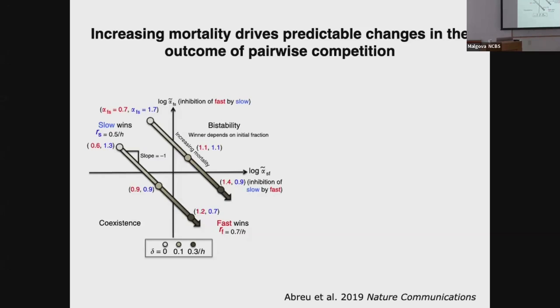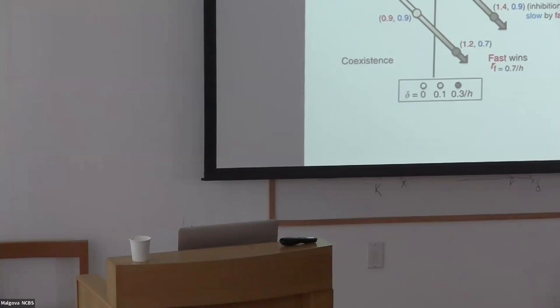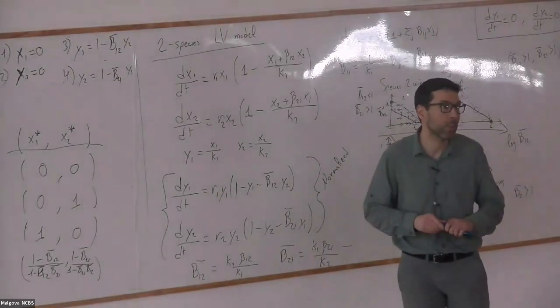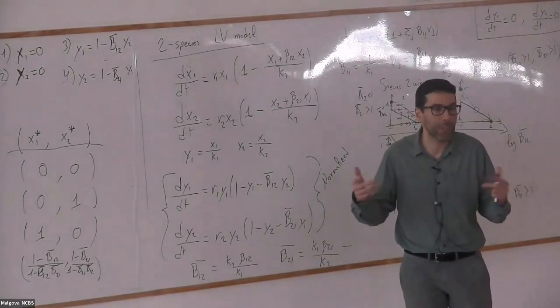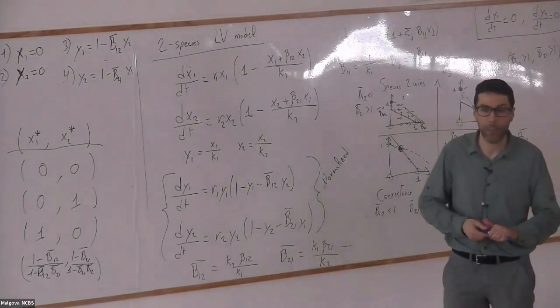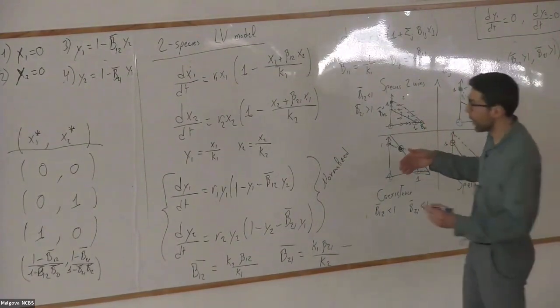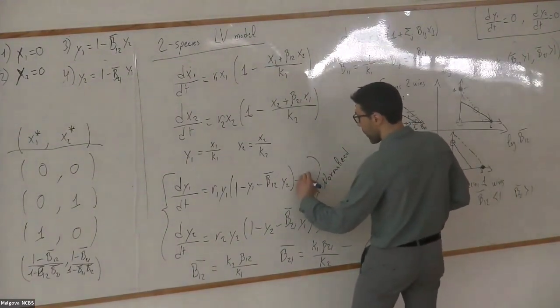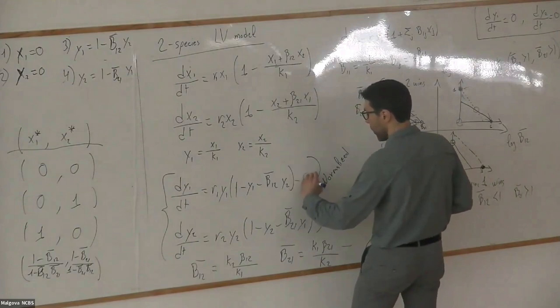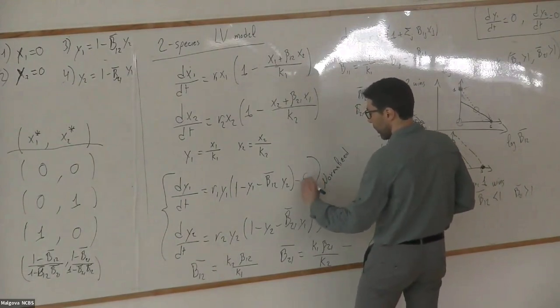So they modeled the addition of a mortality rate or a death rate into experimental competitions between pairs of microbes. So when they first did the modeling, they saw that if we add here a death rate that it's the same for the two,